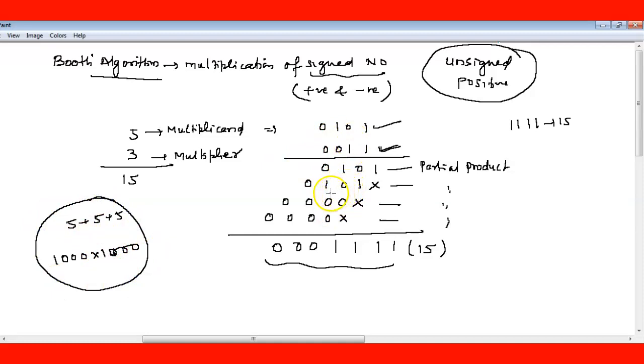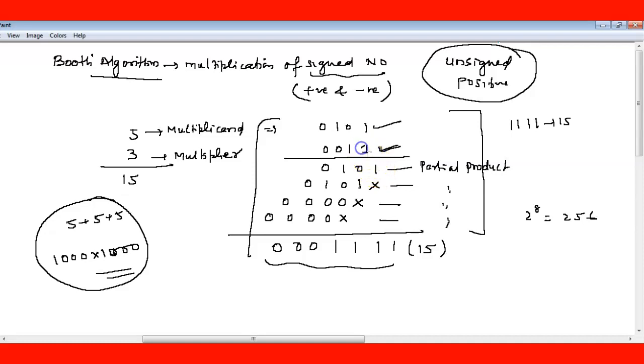Similarly for 8-bit numbers, the maximum is 2 to the power 8, which is 256. For 8-bit numbers, repeated addition requires 256 steps, but this method can be done in only 8 steps. So this method is very fast and it also works for binary numbers. Now you can tell which type of circuit is required to implement this multiplication.